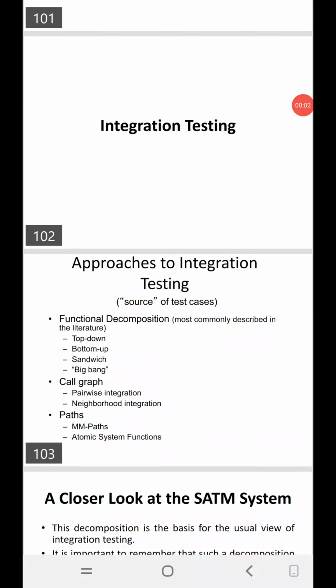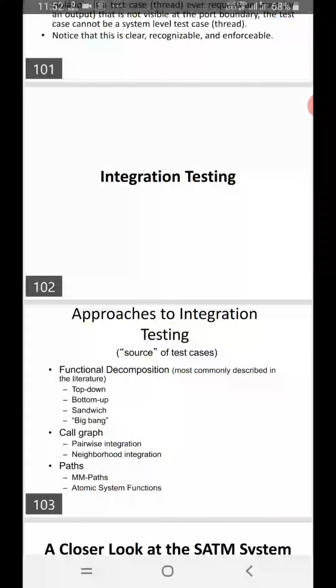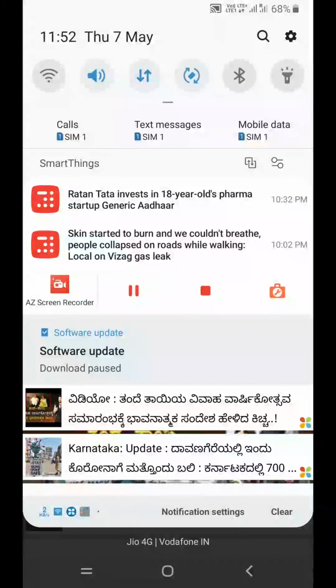So in this video we're going to discuss integration testing. What exactly is integration testing? We already saw the introduction to integration testing. Integration testing is nothing but this: units are there, so we're going to take all the units and, using the interfaces, club those different modules. After integrating the different modules, we're going to conduct a test whether the integrated